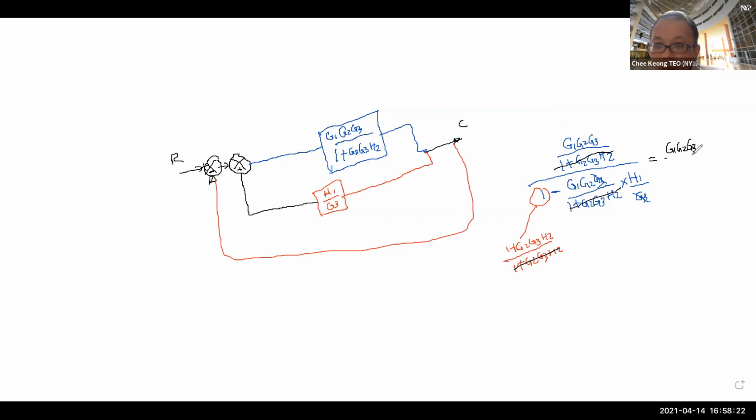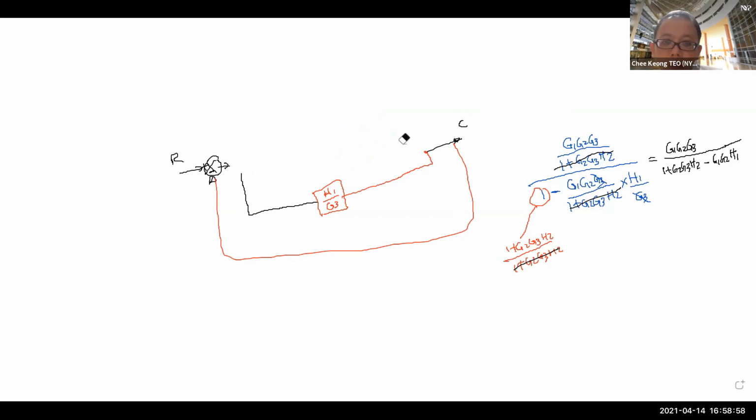Then, of course, the bottom is 1 plus G2, G3, H2, and then minus G1, G2, H1. So this is your result after simplification. Basically, I can replace this entire block by this simplified answer, so this block will be replaced, and I write the equation